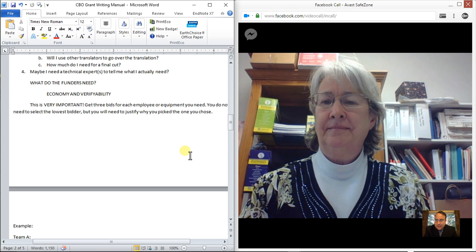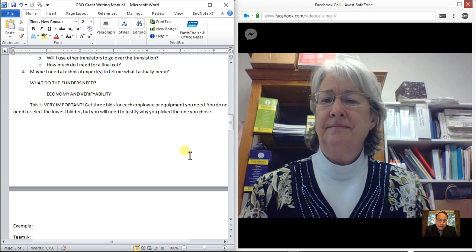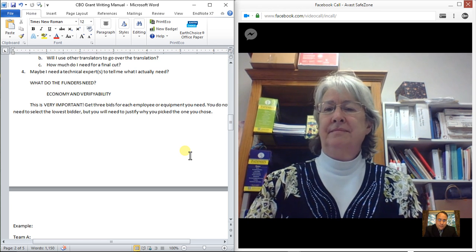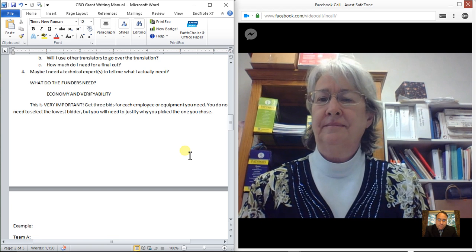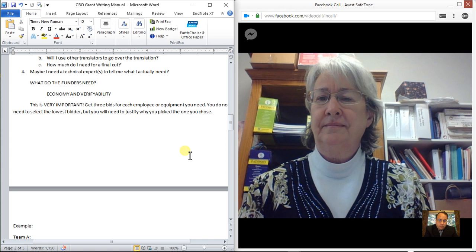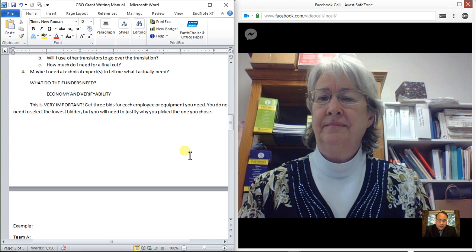Something that funders want to know is that you're doing your due diligence and not just wasting their money. That means, say you have a buddy that can put up a fence for you, and he says that'll cost $50,000.